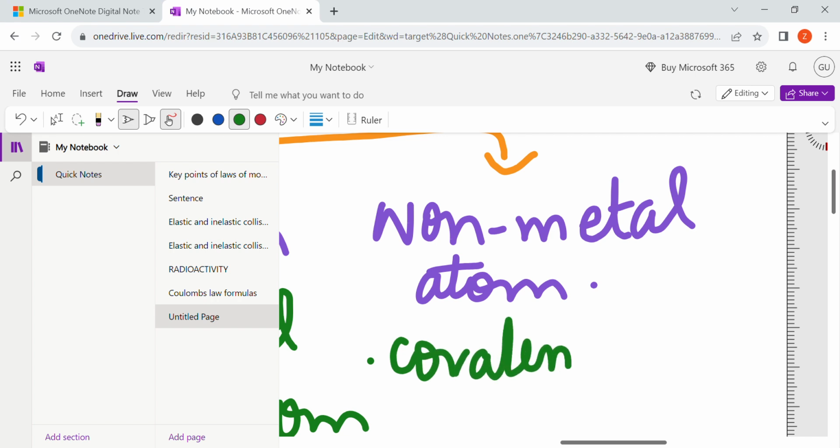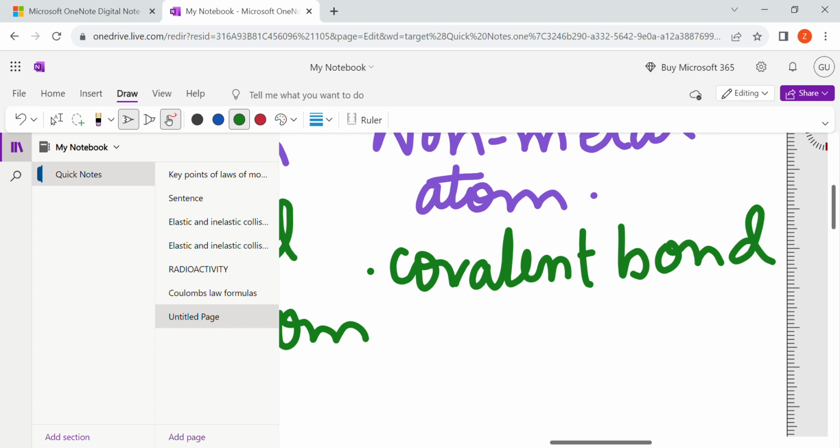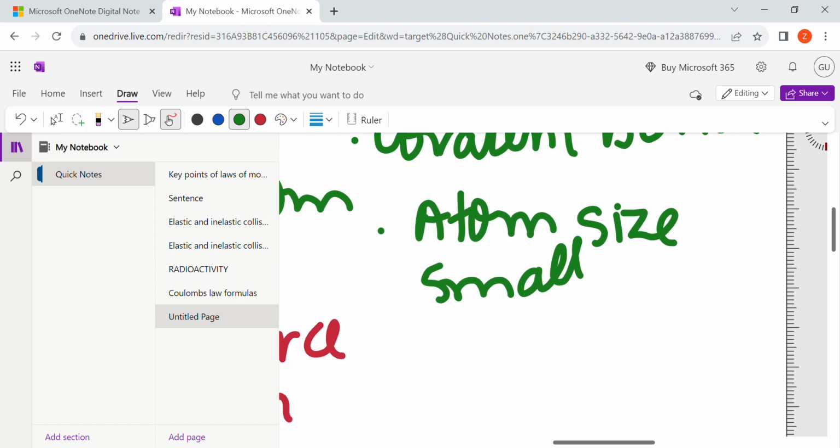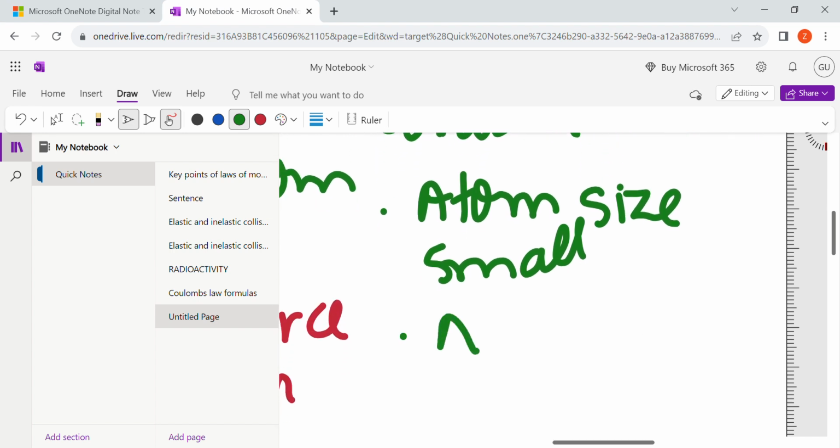Covalent bonding basically means sharing of electrons. We'll discuss that. The atom size, or the nucleus size, or overall the non-metal atoms are very small. Alright, we know that. And the nuclear force between them is